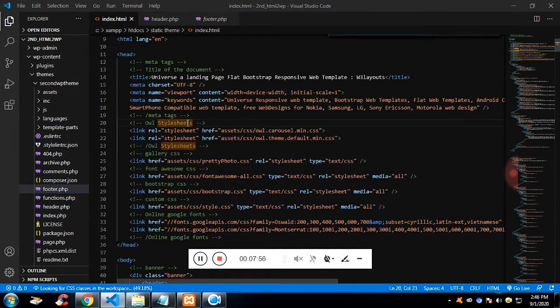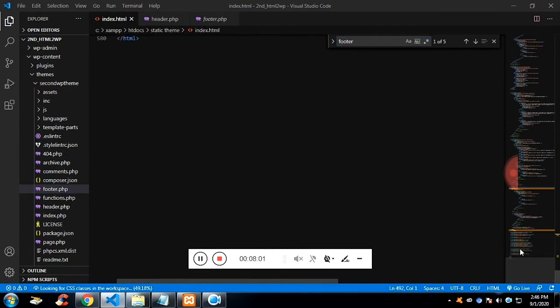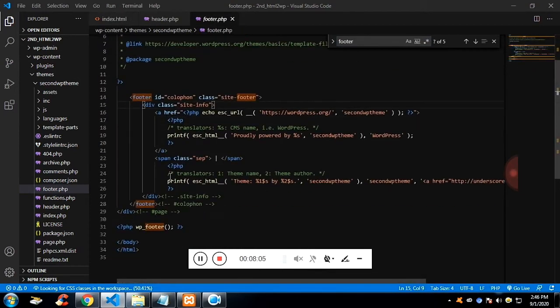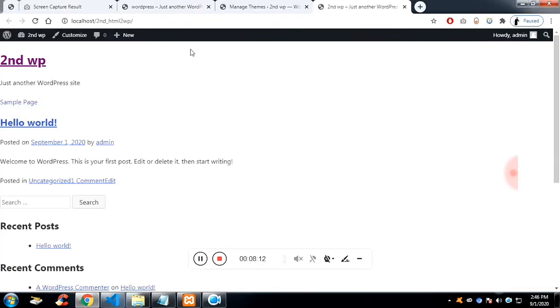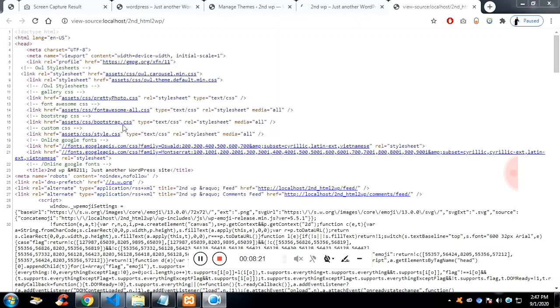Copy the required script tag and the footer section from the static HTML and paste it into the footer.php file. And once it's done, let's see how it looks. It won't be showing it right now. So now I'm just showing you how it looks. You can see